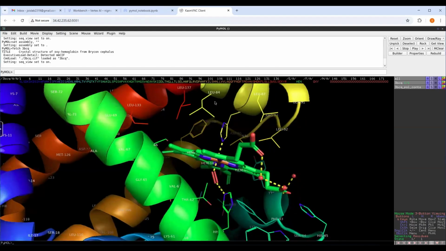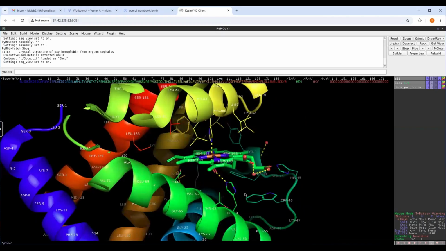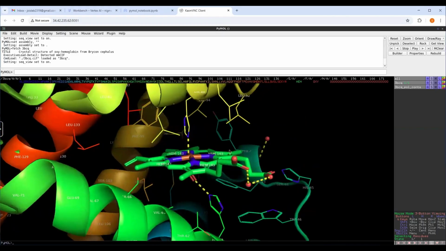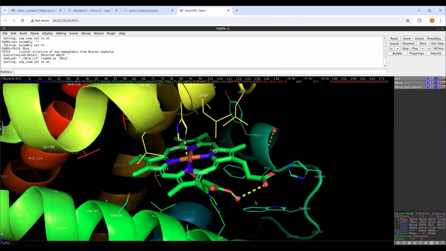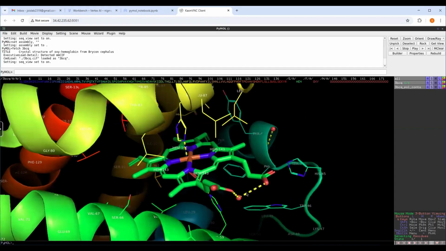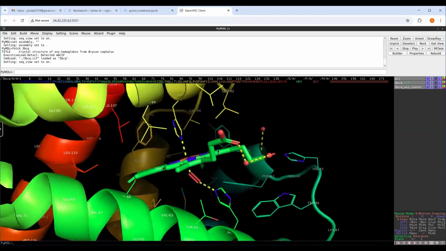So if you zoom out, you can see that this is the exterior of the protein. The exterior of the protein is surrounded by water molecules, and the water molecules hold some of this porphyrin as well as some of the amino acid residues with hydrogen bonding. So that is shown as the dotted line. Hydrogen bonding has a particular geometry, and hence you show it as a dotted line, whereas a hydrophobic interaction is just,